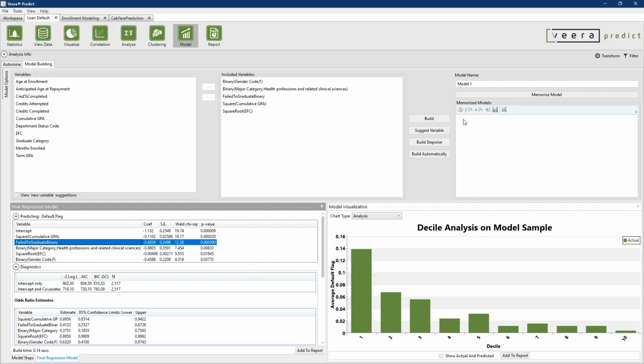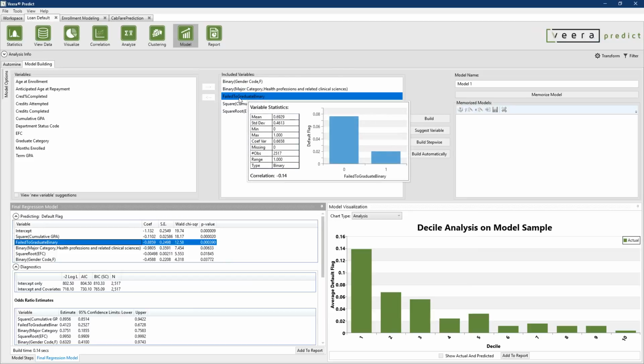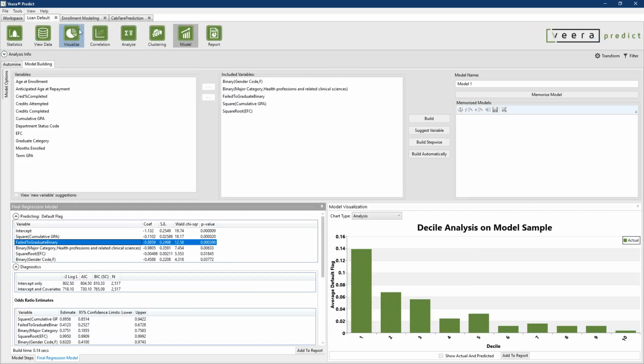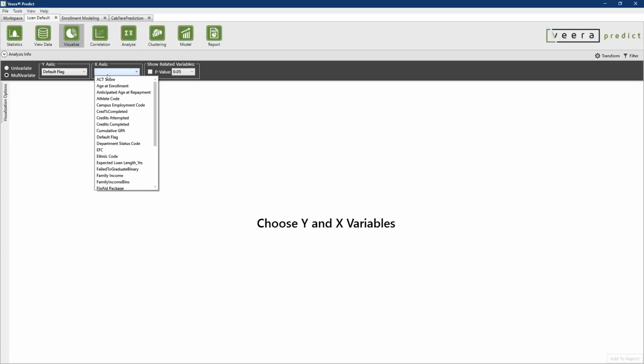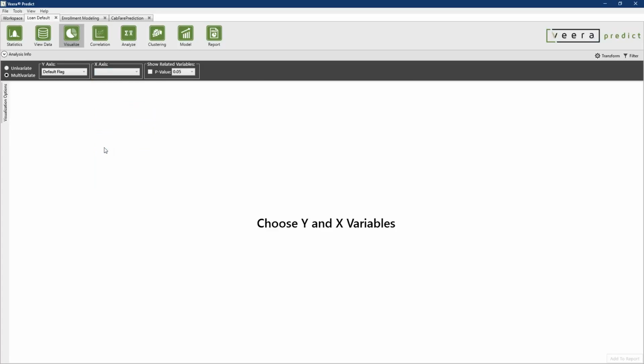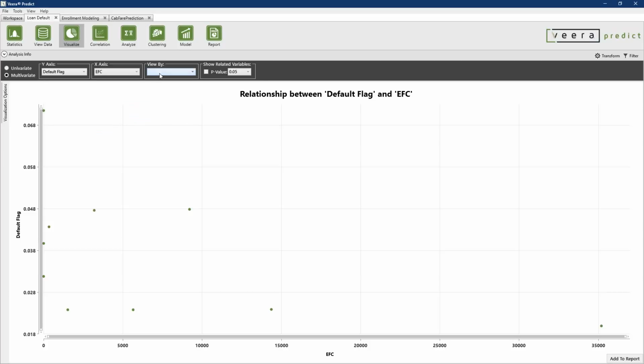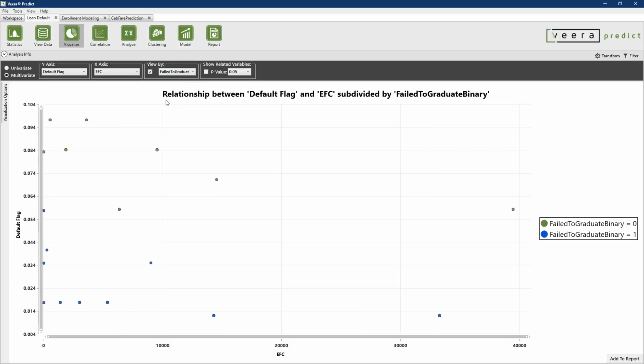Some ways you can explore it, since this is the deep dive: some ways that you could determine if this is merited on a statistical level is you could go to the Visualize tab and make a quick mental note of some of the factors that are in the model, like EFC or cumulative GPA, because the big question is, do non-graduates and graduates have the same response to the included factors? So if you look at the EFC as an example, and then you view it by the failed to graduate flag,